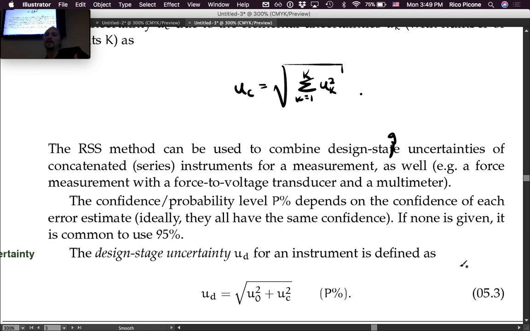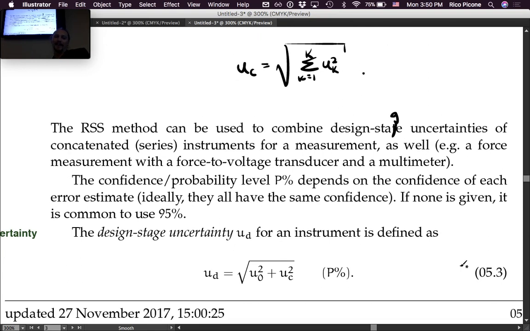It's best to at least try to be consistent. I mean, when you have devices that have different levels, you might have to adjust one number based on the normal distribution. If it's given at like 68% or a standard uncertainty, you might have to adjust it to a 95 based on the z-score table. It's best to keep them consistent. A lot of times nothing's given as a probability, so you use 95% for everything. And that is as